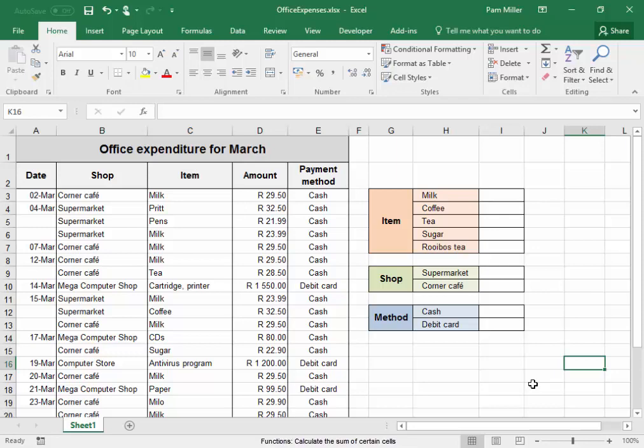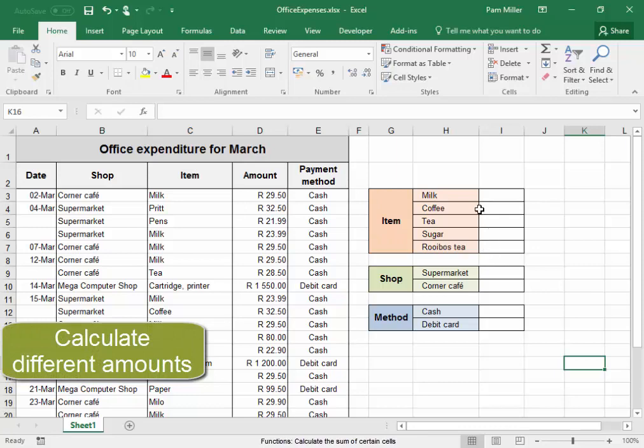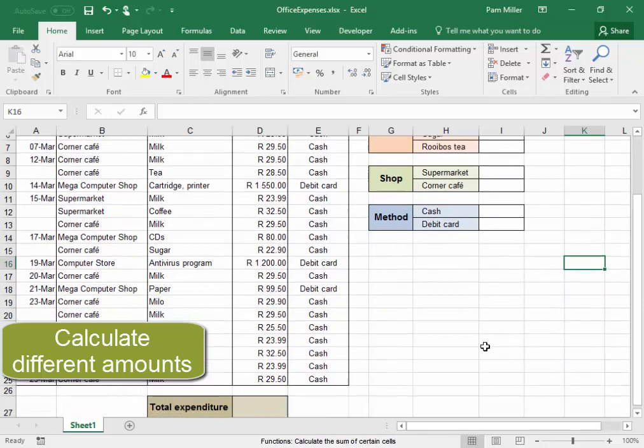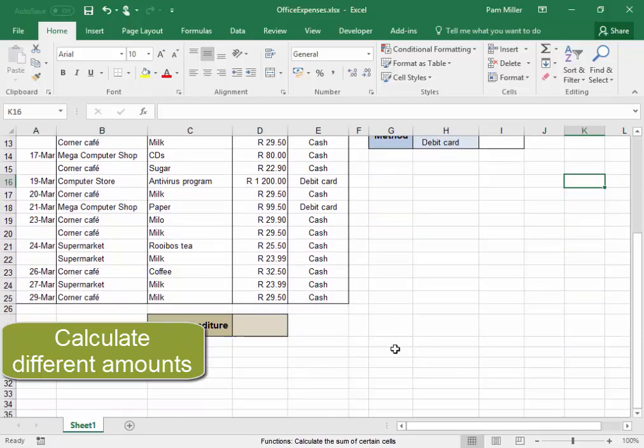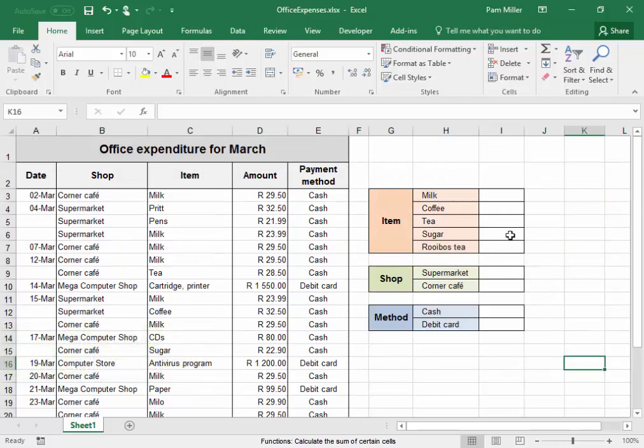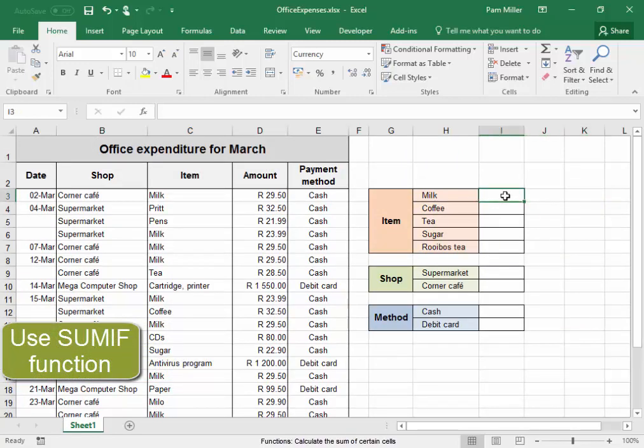This spreadsheet has the office expenditure for March. Now we need to calculate how much money was spent on these different items, where the money was spent, how it was paid for, and then the total expenditure. I'm going to use the SUMIF function because I want to calculate the amount of money if it was milk